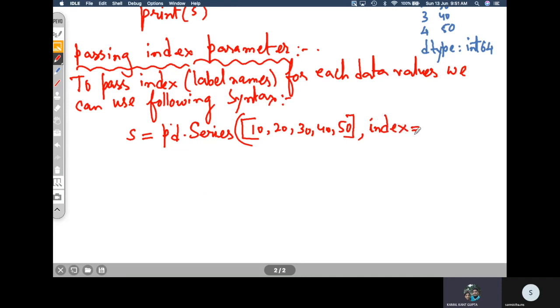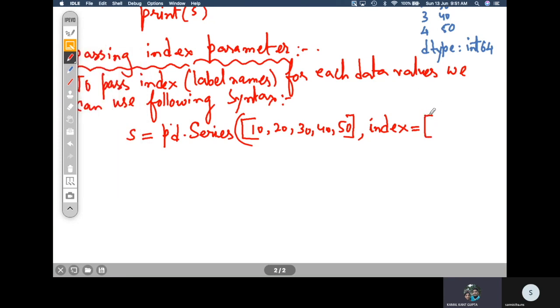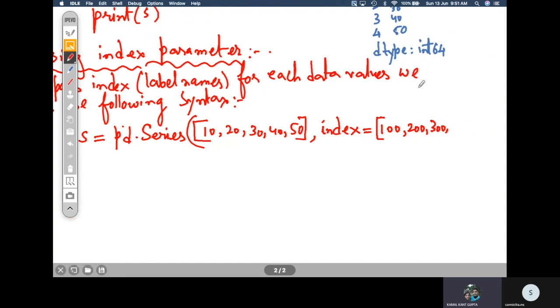So you can pass a name-value pair. The name is index, and the value here can be any names for those indexes apart from 0, 1, 2, 3, 4. Suppose you want your index to start not from 0 but from, say, 100, then 200, then 300, you can write 100, 200, 300, 400 and 500.